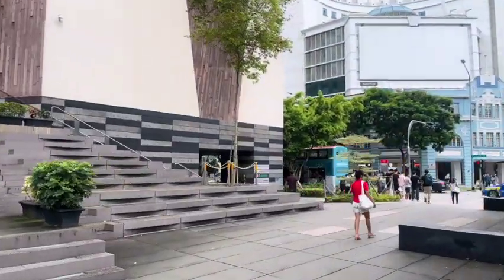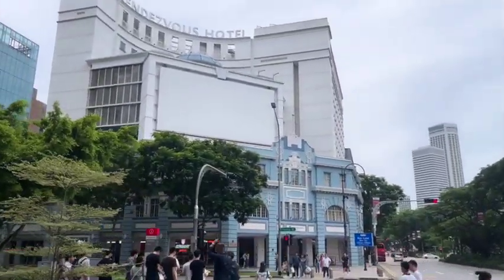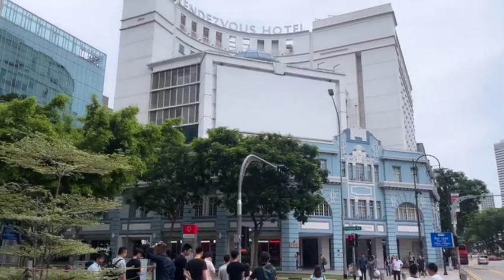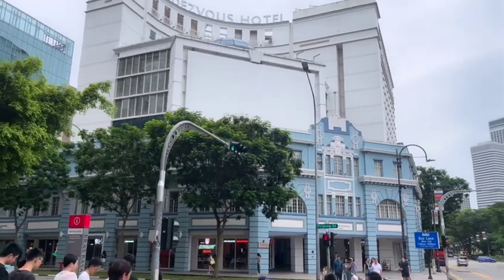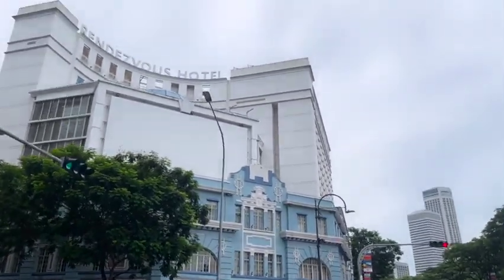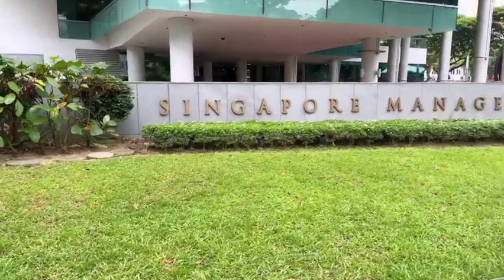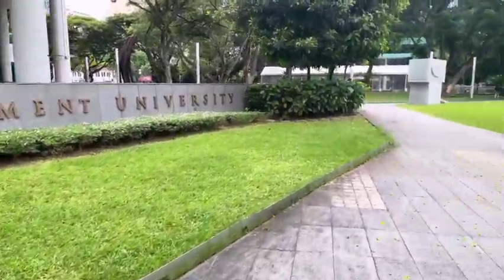This walk has brought back a couple of memories for me. This was actually the first hotel I stayed at in Singapore when I came through in 2006, the Rendezvous Hotel. In that billboard space, there was a huge Tag Heuer ad featuring Brad Pitt. A few meters further down, I decided to walk by the Singapore Management University campus, which is across from the